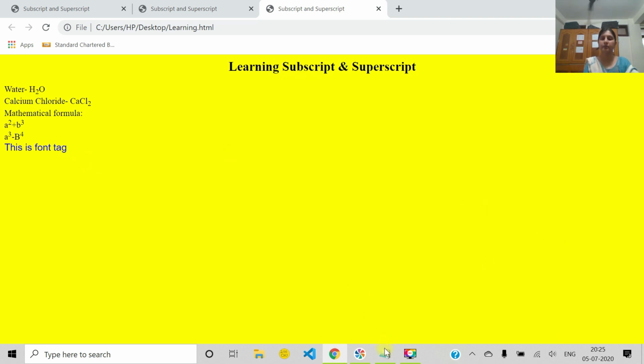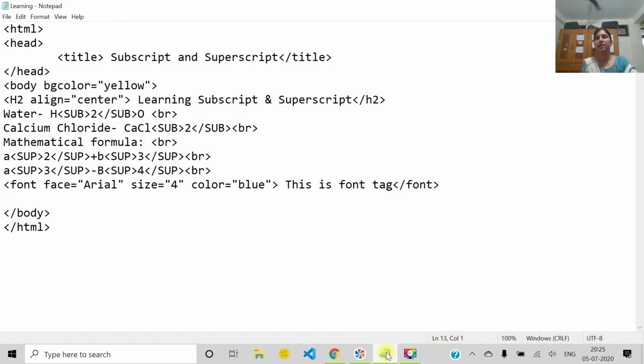Now what next? Bold, italic, underline. See, bold, italic, underline, you can use these tags separately or you can use them together in one sentence. Fine.